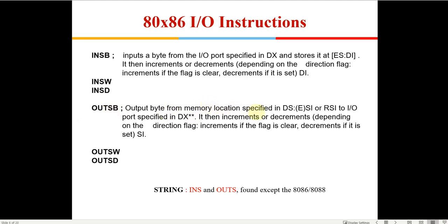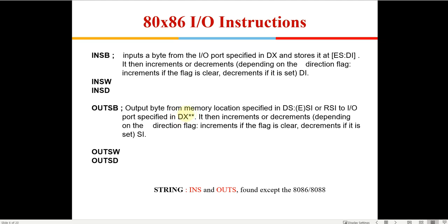Similarly you have the OUTSB command for bulk transfer. The output byte available in DS:SI, now instead of ES:DI it is going to be DS and SI, goes to the output port specified in the DX register. The E in brackets is given for the 80386, so we just neglect that and remember that it is just DS:SI for the 8086.